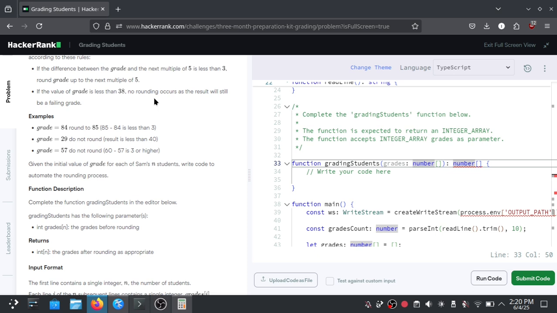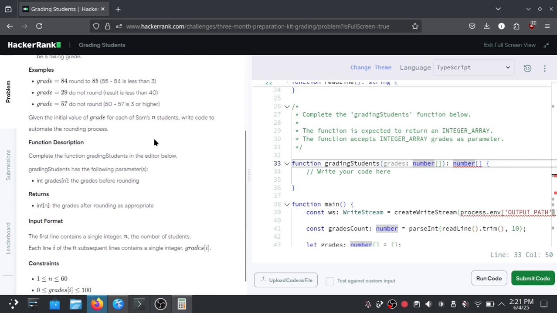The nearest multiple of 5 from 37 is 40, but the difference between 40 and 37 is 3, and 3 is not less than 3, so it is not eligible for rounding up to 40, which means it still fails. If it's 38, then it's the bare minimum that rounds up to the final score of 40.